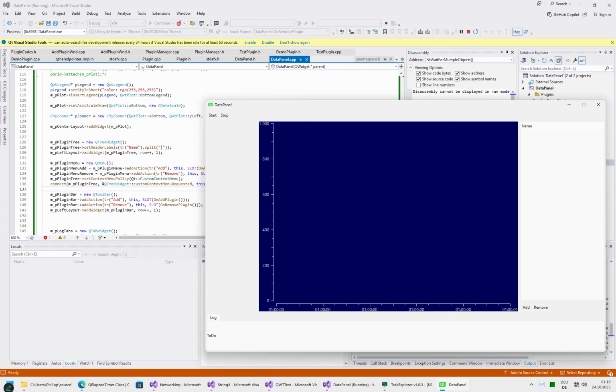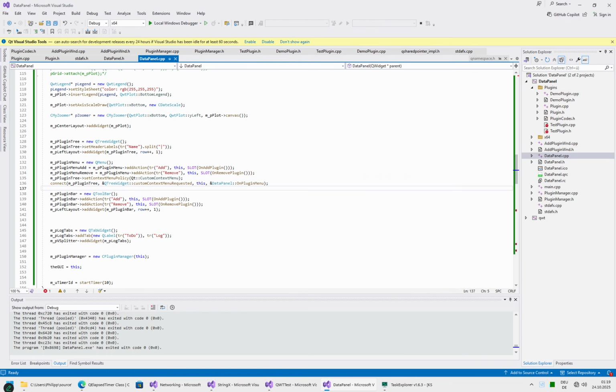So during the next lecture we will take a look at moving all those plugins into DLLs. That will be a little bit more complicated. The thing when using DLLs and Qt is that